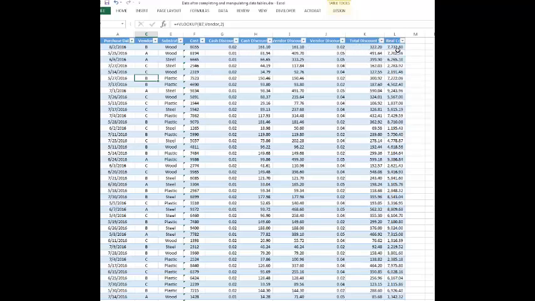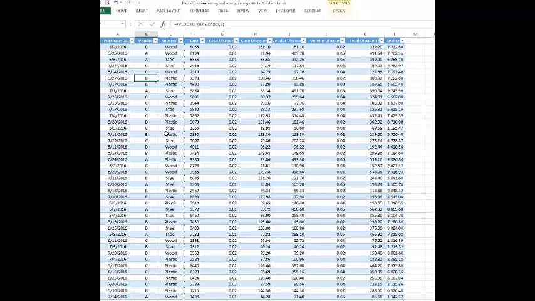So we know the real cost of buying the wood or the plastic or the steel is the invoiced amount minus the cash discount minus the vendor discount to give us the total. Okay, so again, this has like 300 records in it, which is a lot of data. So if I want to know how much I'm spending with any one particular vendor or how much wood I'm buying in total, you could go through this table and try to figure it out. But that's really the function of the pivot table: to summarize massive amounts of data and to be able to quickly